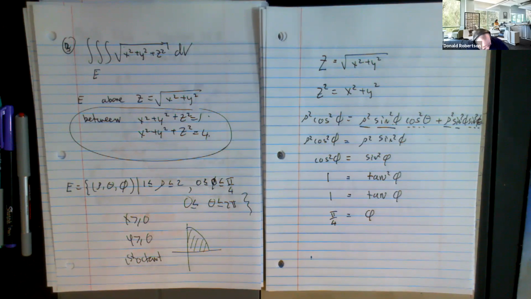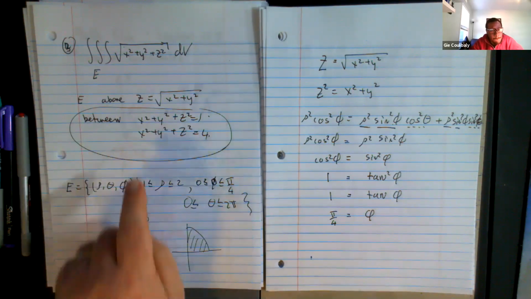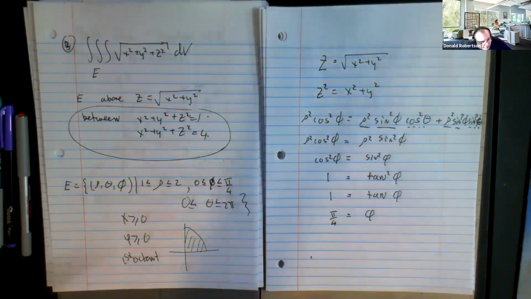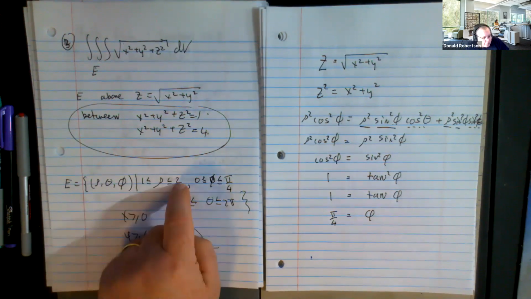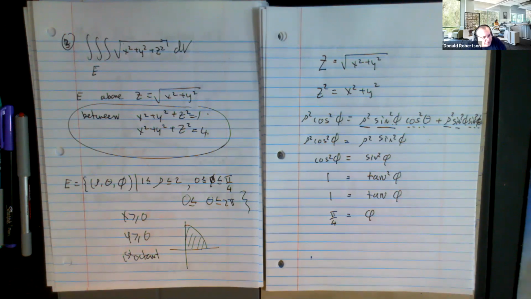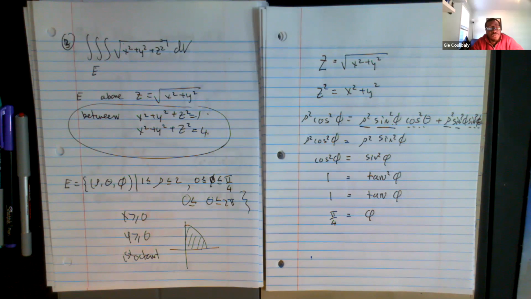Right. And in this question here, they did a between, but if they just did a total single sphere, the only difference would be rho from 0 to 2. That wouldn't have changed theta. It would have changed the rho, but not in a significant way. Okay. And the phi